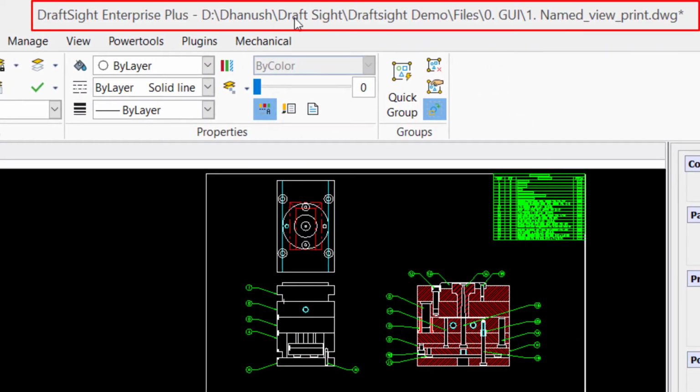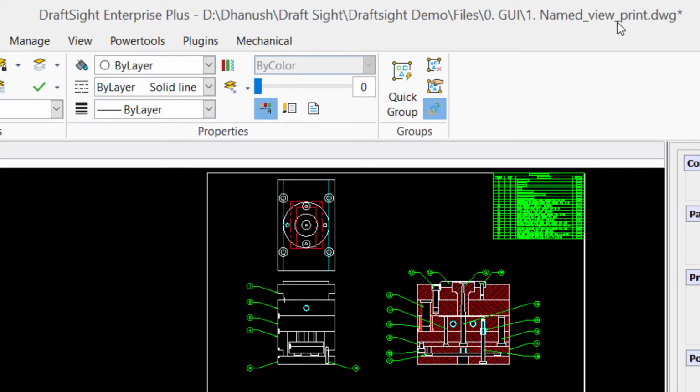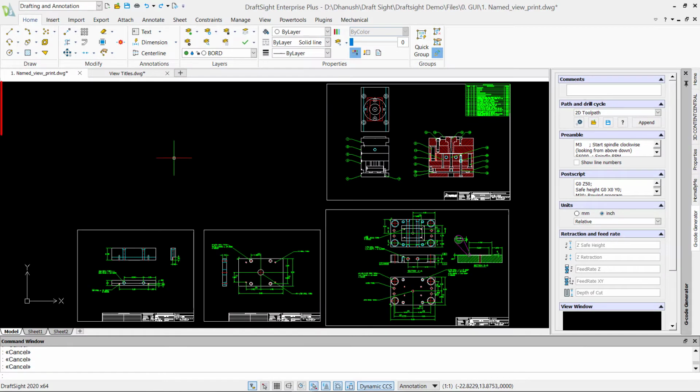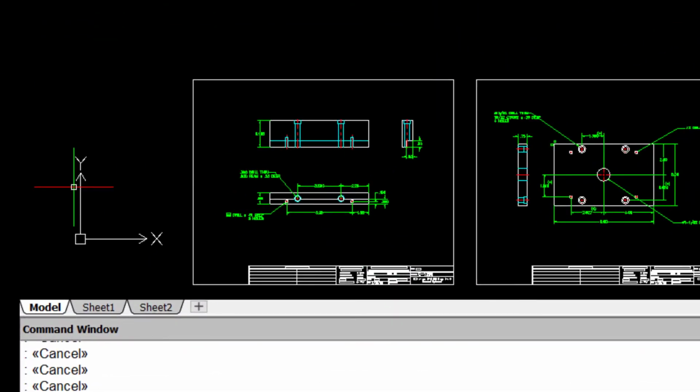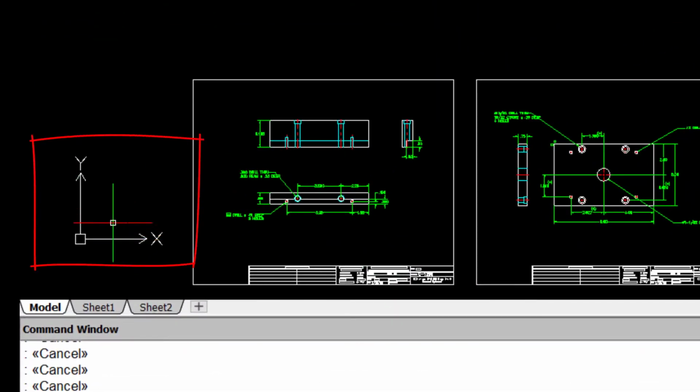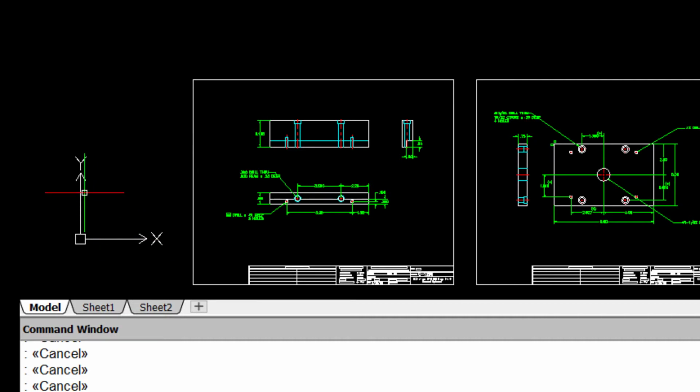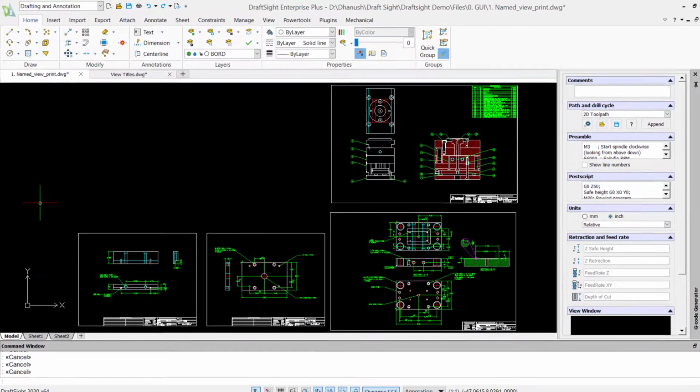Title bar displays DraftSite version, drawing name and file location. The drawing area is where you can create and modify objects to represent your design. In the lower left corner of the drawing area is the UCS icon, which displays the positive directions of the X and Y axis.